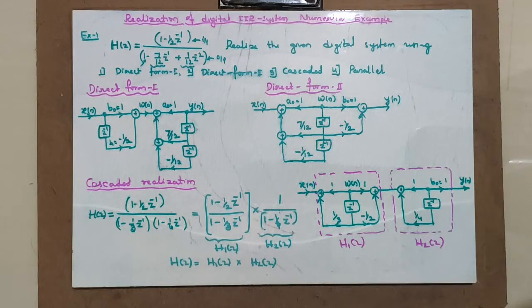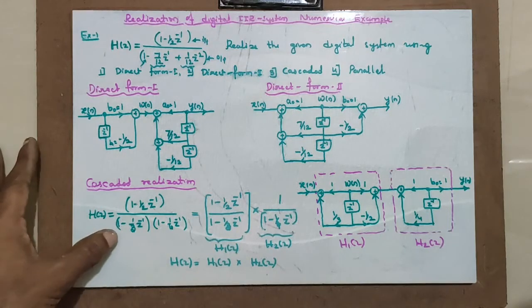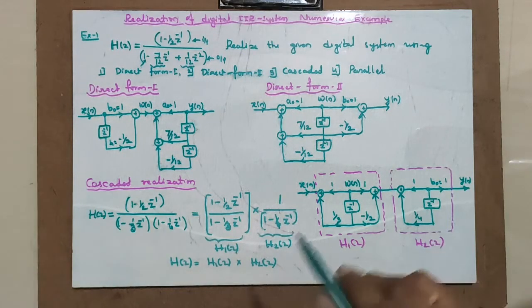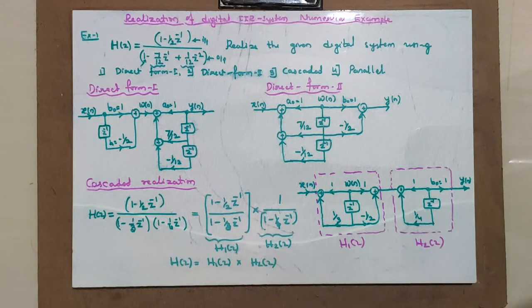See, a given polynomial is to be decomposed. Suppose a third order polynomial is there, you have to divide it as per the requirement, into second and first order. Anyway, in parallel realization I will demonstrate with the calculator how exactly to decompose a given higher order polynomial into lower orders, or find the roots, etc. You might be well versed with the calculator operations, but for students who cannot understand that, I will do it anyway. Next is about implementing the parallel structure. Let us go to the next board.